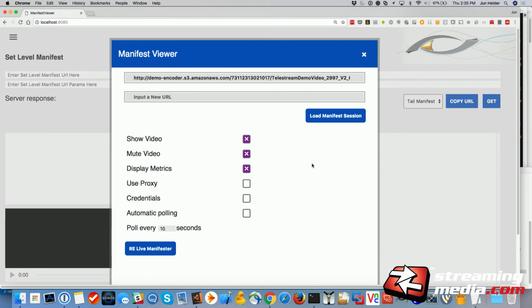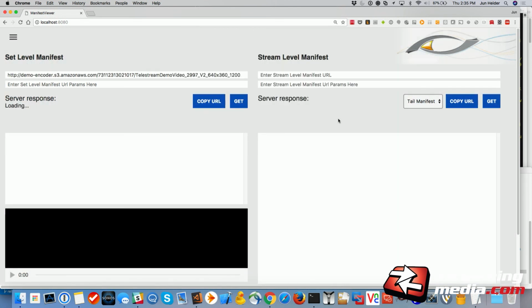So I can type in an M3U8 in here, a manifest file. I can say to show the video, mute the video, display metrics. I could use a proxy. I can set credentials in case there's some kind of token auth. And then I can poll it if it's a live manifest. So the nice thing is this supports VOD and live. If I go to click to load the manifest,